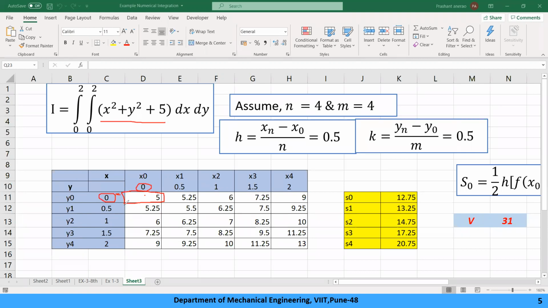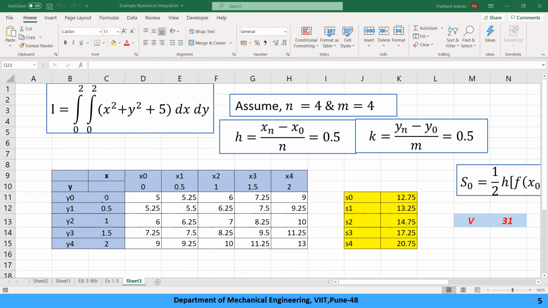You will get the value 5. Next, if I need to calculate this part, the second box, this box belongs to x1 and y0. So put x1, 0.5, in here, and what is y? 0. Calculate this and you will get the value 5.25.